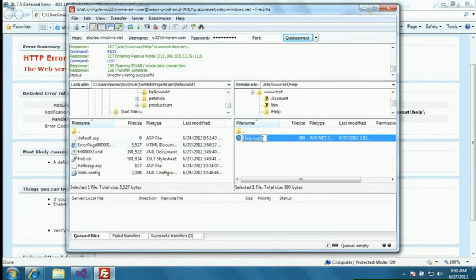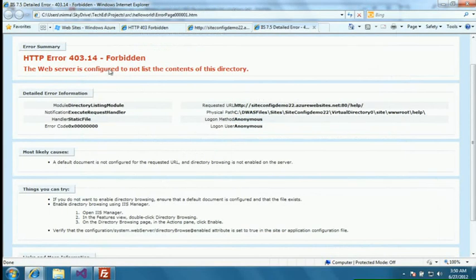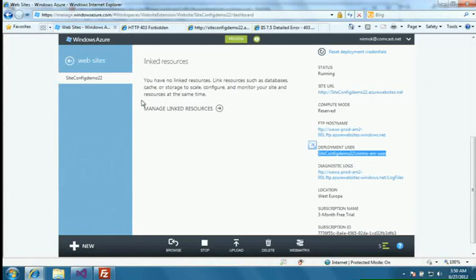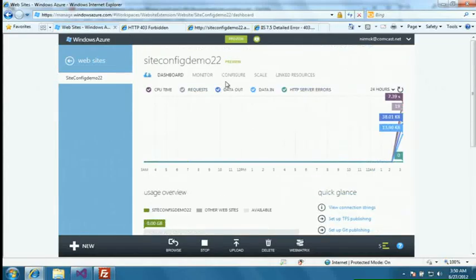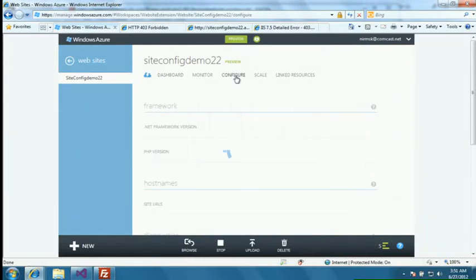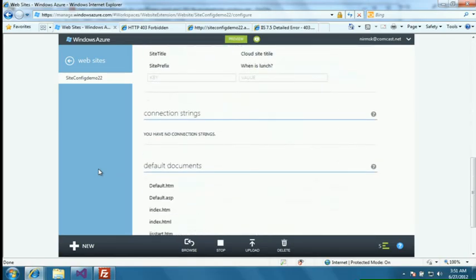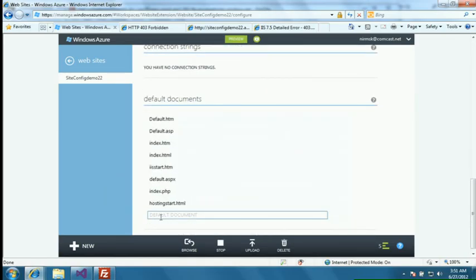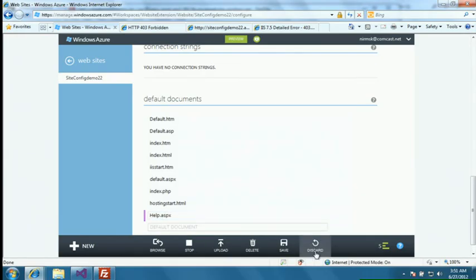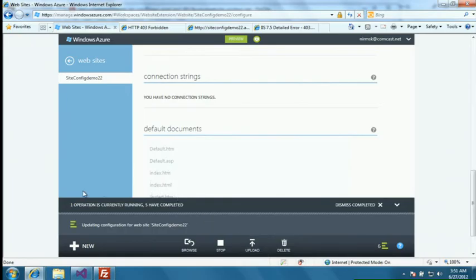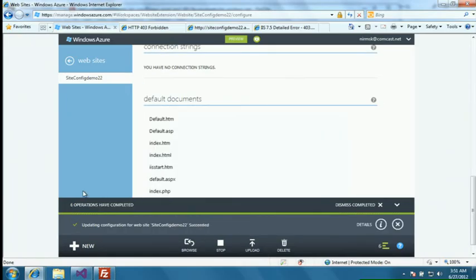So I'll copy the name. Another thing that I can do with Windows Azure website in the management console is in the configuration tab. I can also control the default document for this site. So I can just go ahead and add this guy here and save. So now what's going to be interesting is that we just generated a change request to the site,